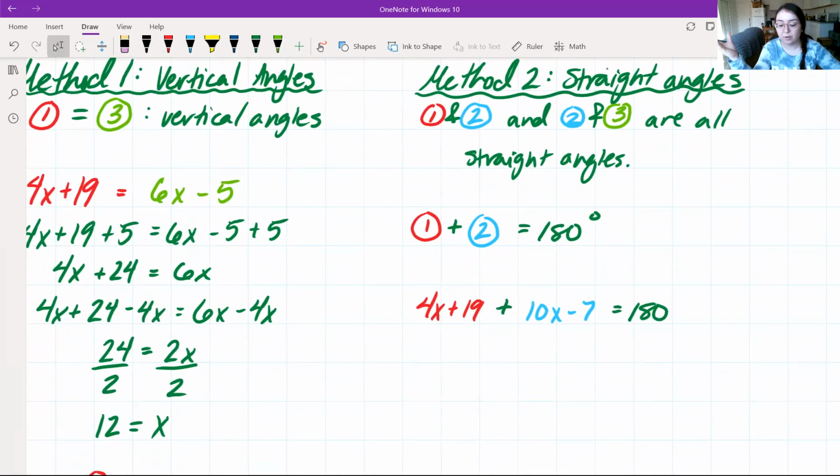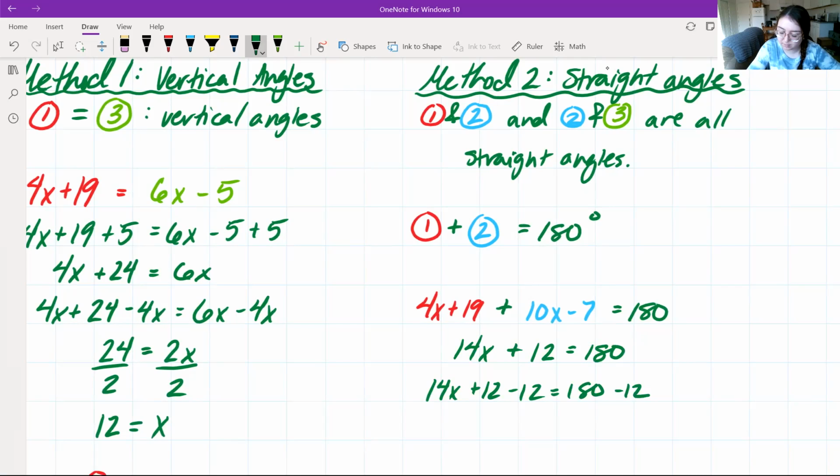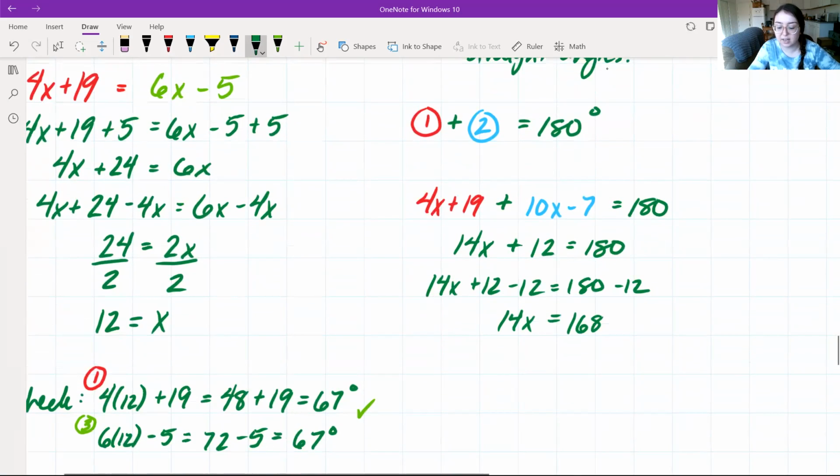Combining our like terms, 4x plus 10x is going to be 14x, and 19 minus 7 is just going to be 12. And now we want to solve. So we're going to subtract 12 from both sides. This will give us 14x is equal to 168. And we divide both sides by 14,